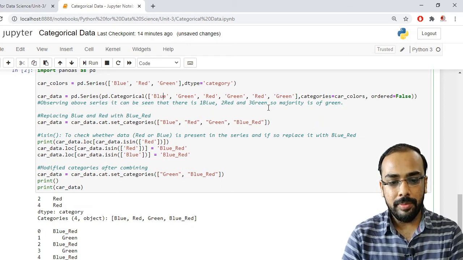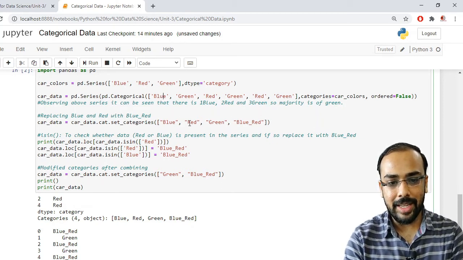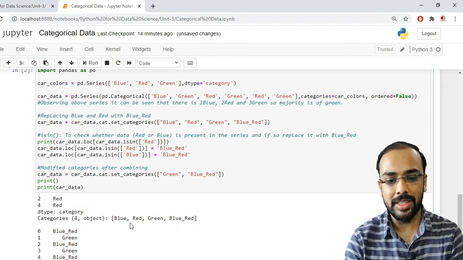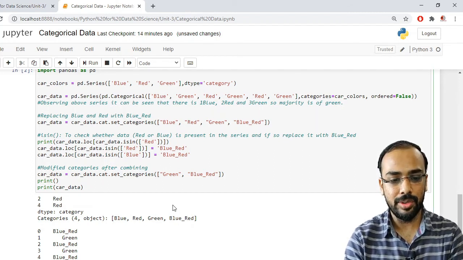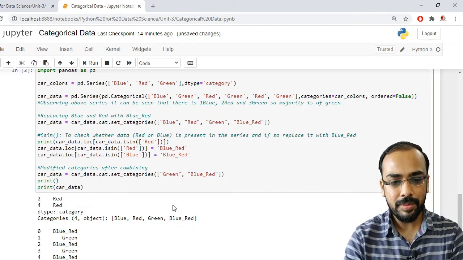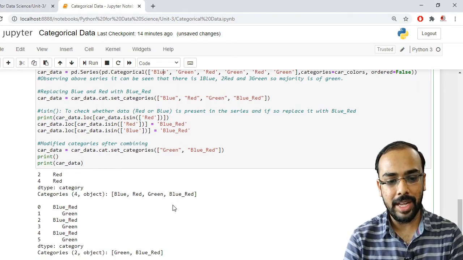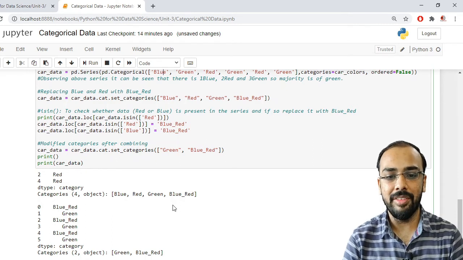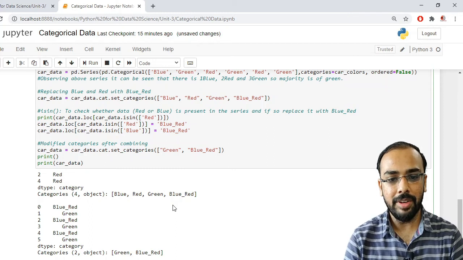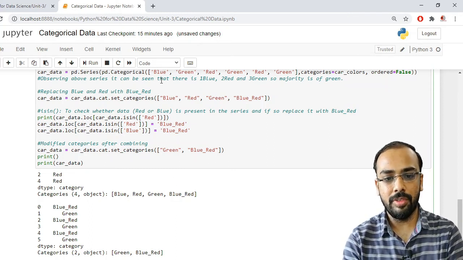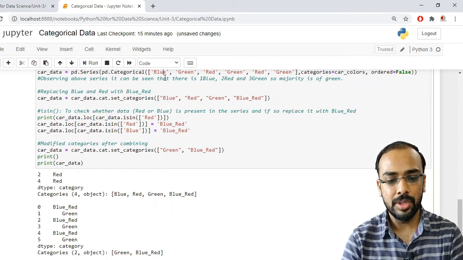Next we have printed the categories, and it is showing you all the colors, that is blue, red, green and blue underscore red. Next we have printed our entire series after combining the different levels. Whenever it encounters the color blue, it will replace it with blue underscore red. The first color in our car data series is blue, so it has replaced it with blue underscore red.